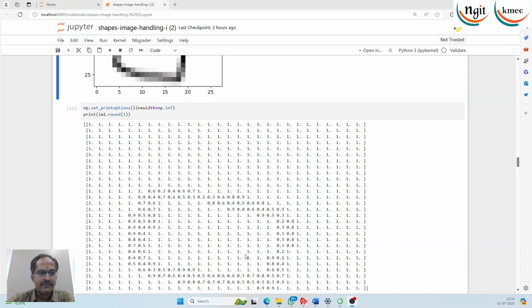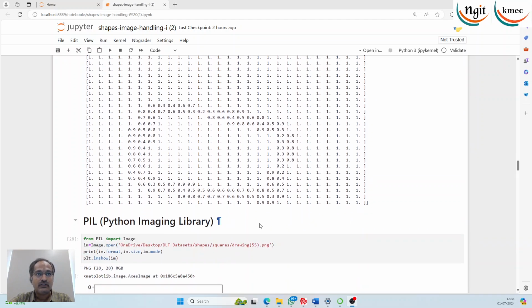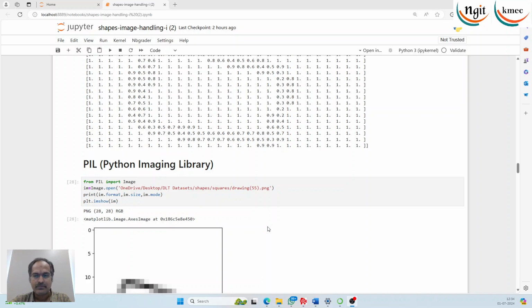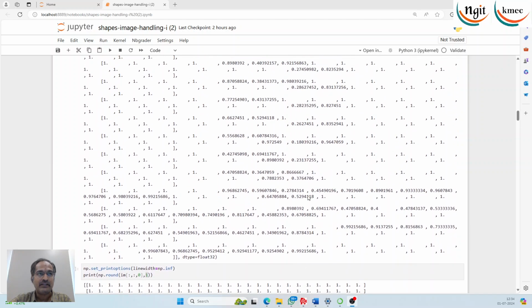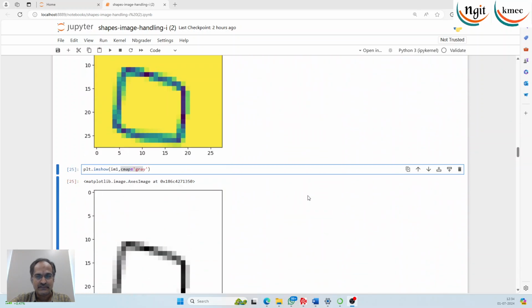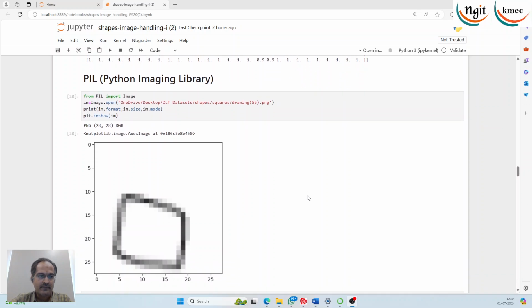In the last session we started with how to read the images. Now we are continuing the reading of the images from the folders, the number of images, and also how to prepare the data set. In the previous case we used the matplotlib library for loading the images, right? So in this we have to go with the Python image library, PIL, because